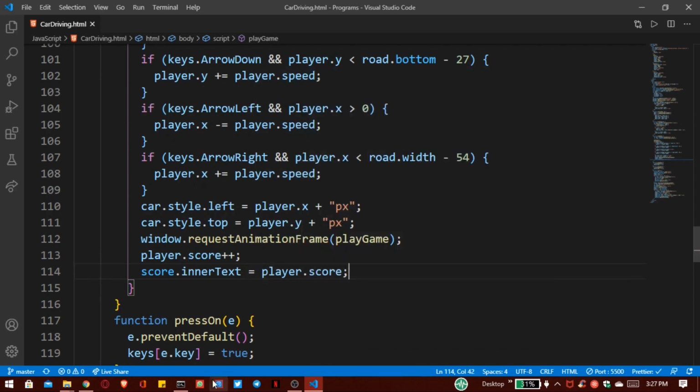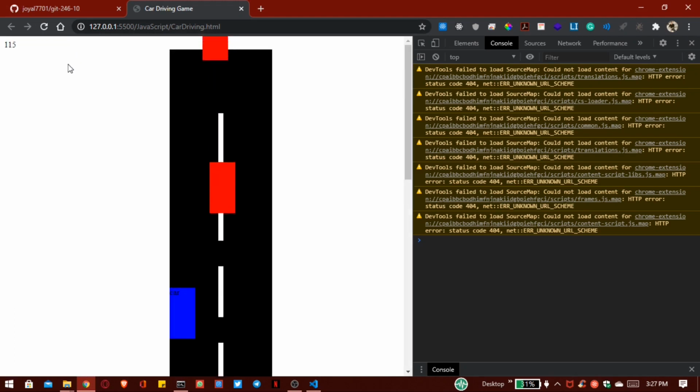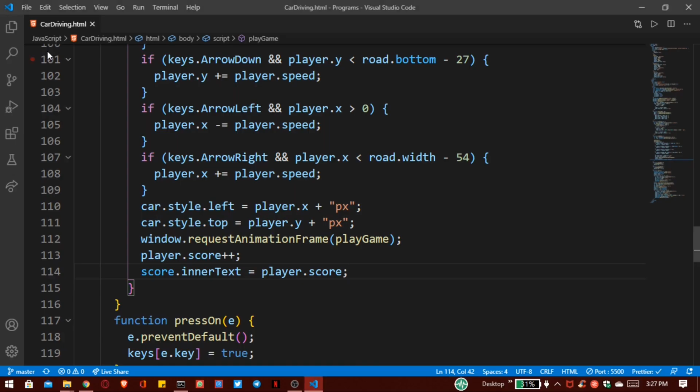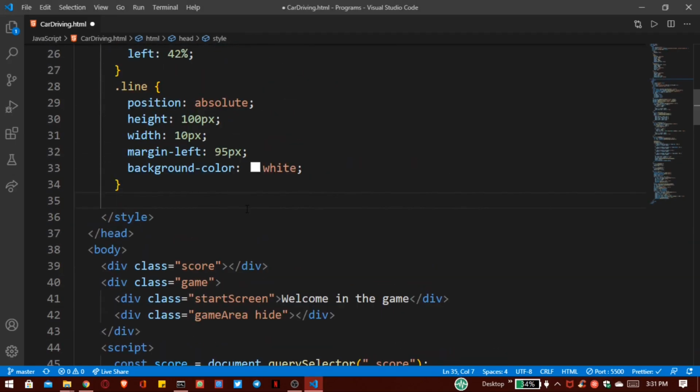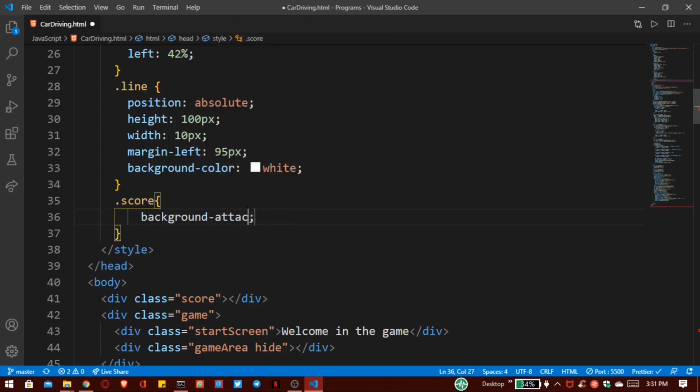Now save this, start our game, and you can see here our score is now adding. Now I want to add a little bit of styling for that score. So go inside our style and add here background color, that is black.